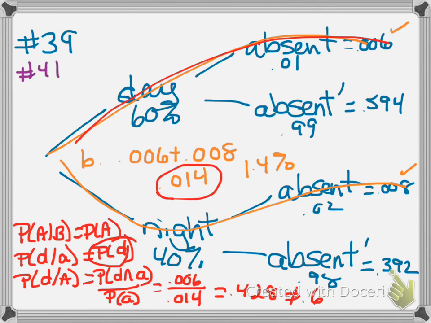So what they are asking here, what is the probability that somebody works the night shift given that they are absent? Okay, well, let's go look at this. The probability that somebody works the night given that they are absent is equal to the probability of night